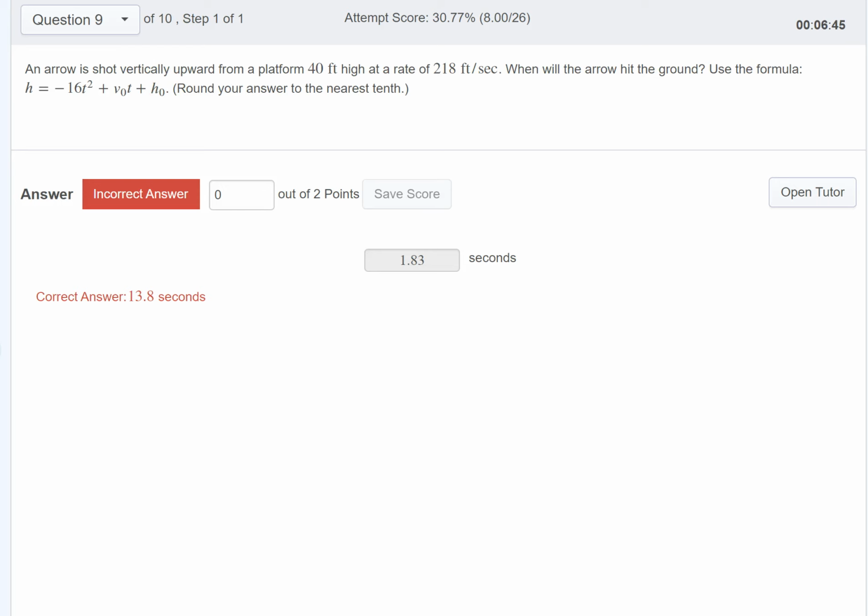All right, for this last one, you have to read it carefully. And sometimes a picture is nice. So there's going to be a platform. You're going to shoot an arrow vertically upward from the platform. And you're going to see how long it takes to hit the ground. Okay, so the formula is height, which is the ground, which is going to be 0. So 0